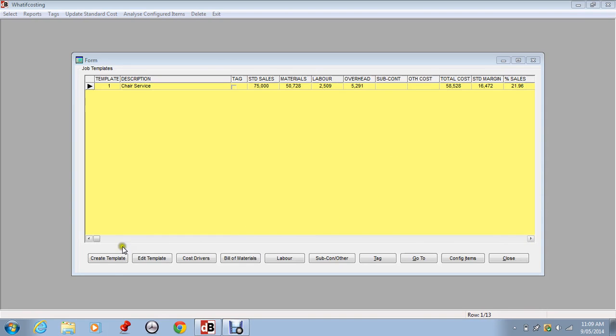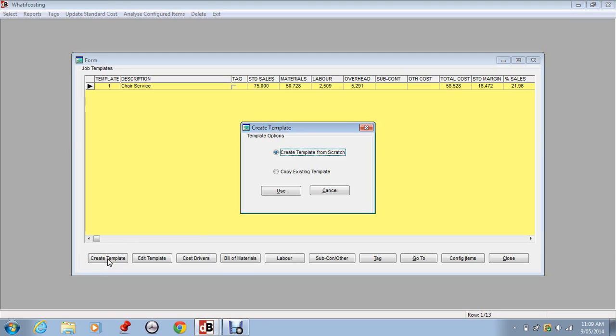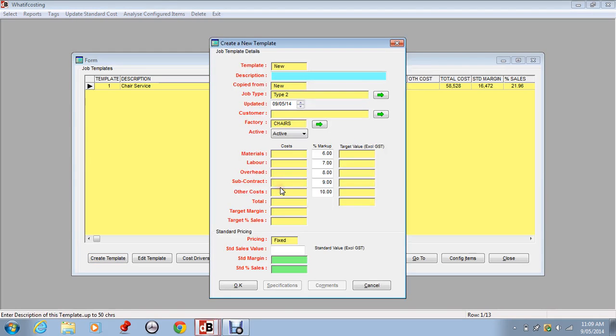Let's now create a template. To run through the process, click Create Template. We'll select to create a template from scratch, although you can copy from an existing template. Okay, so this is a new template. We put in a brief description here. It's new. We select a job type,